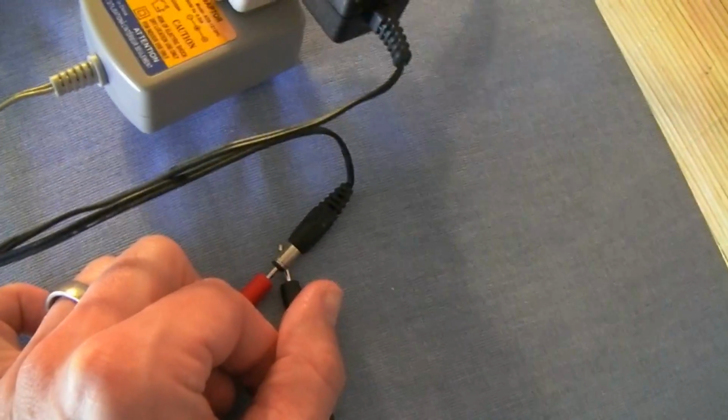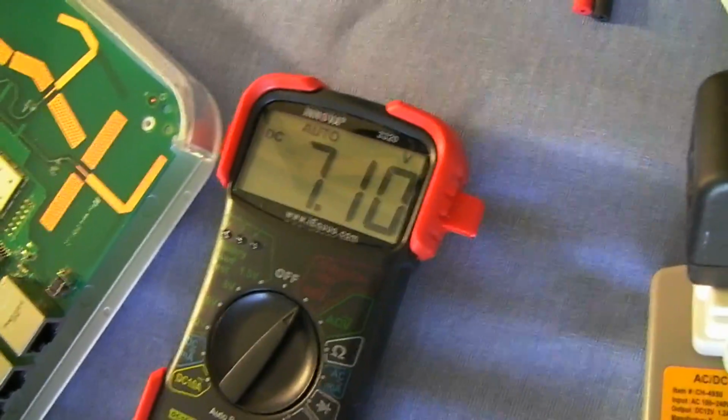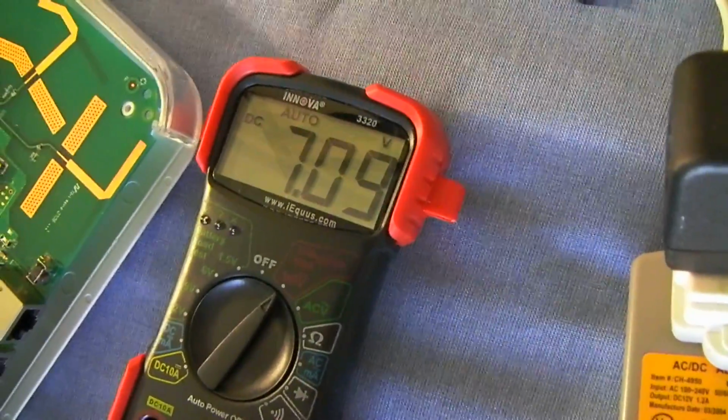Alright, so I grab the other one, put that there. You'll see it is at 7 volts, and it was actually at 4 when I tried it earlier. So this power supply